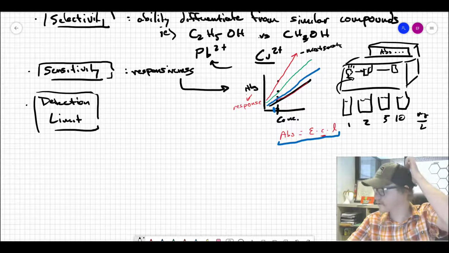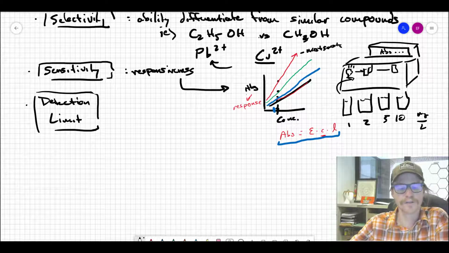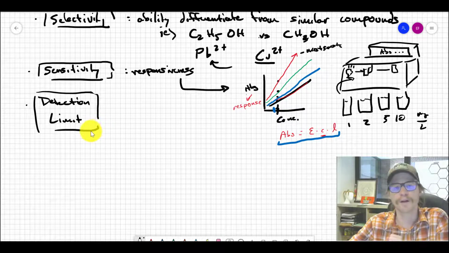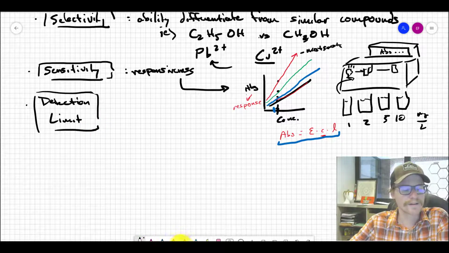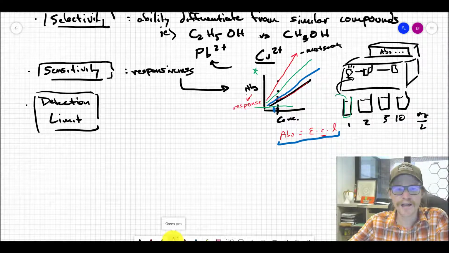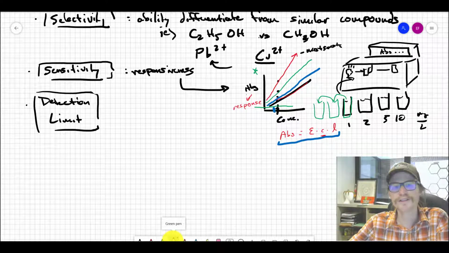We haven't talked about detection limit explicitly yet, but you'll compute this. It's an absolute fundamental parameter. So if we go back to the example that I just did, where we had absorbance versus concentration, and we're looking at this generic calibration curve, what's the bottom end of this calibration curve? At what point, if you keep diluting your sample, say this sample 1, we just keep diluting that and making that even more and more dilute by doing serial dilutions, at what point when you inject that into your method,